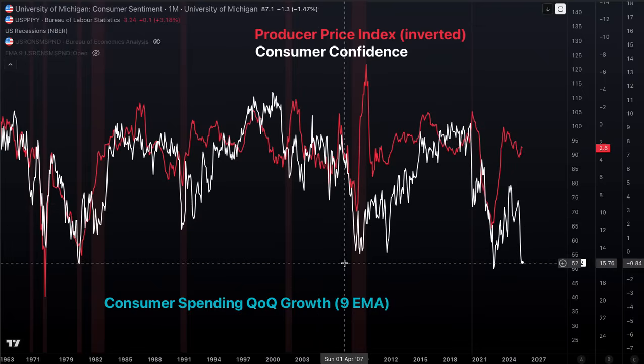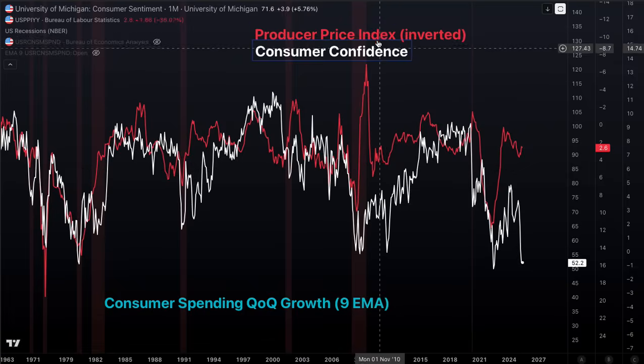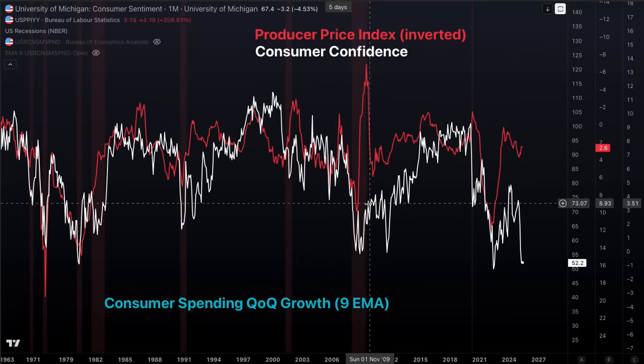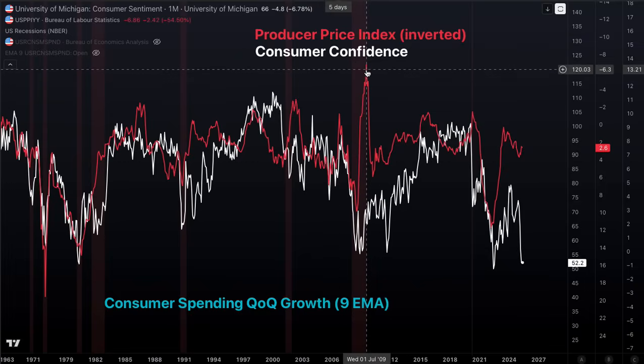And so here is producer price index inverted. Remember, producer price index is one way to measure inflation. It is a leading indicator of inflation. Inflation shows up first in the PPI, then in the final consumer price inflation. This is inverted. So as the red line is going up, prices are decreasing, they're going down. As we saw in August of 2009, we printed almost -7% producer price index. Things were falling for producers at a 7% annualized rate, 7% cheaper per year.